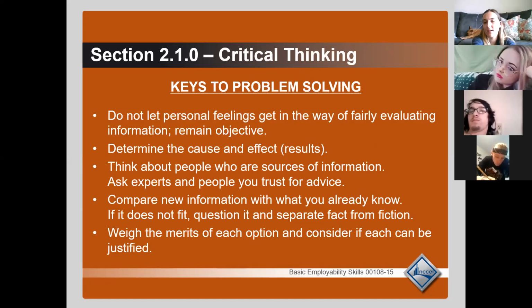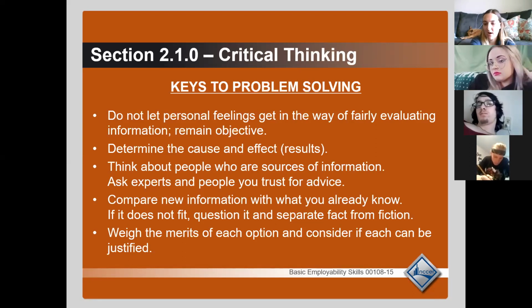Yeah, that's definitely an important aspect about problem solving, being able to stay level-headed and approach your problem without too much anxiety so that it doesn't cloud your vision and your judgment, right? That's definitely an important skill when it comes to problem solving. Some of the key things, and that's one of the first things that they talk about here on the screen, keys to problem solving, is don't let personal feelings get in the way.